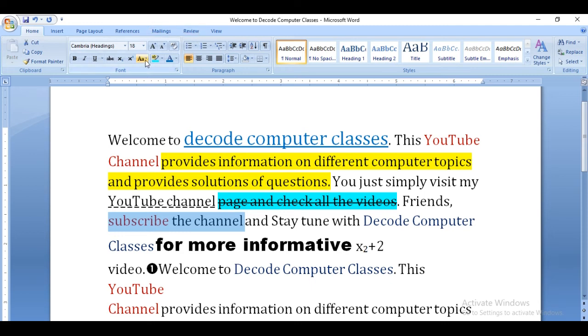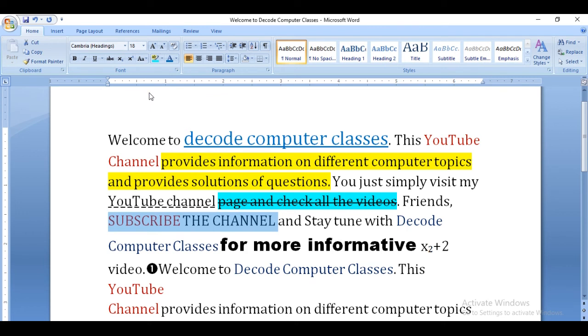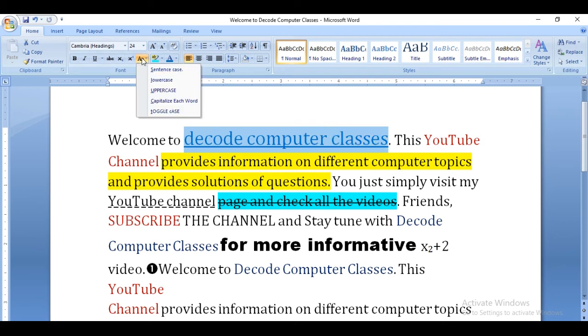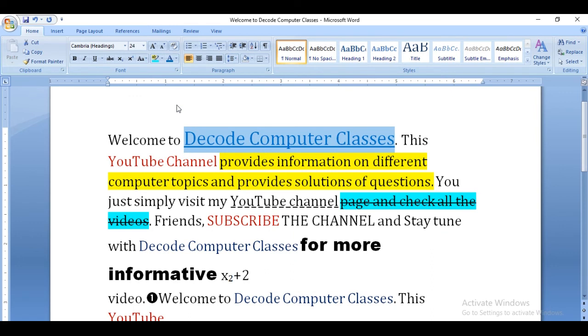Now move on to the next option, uppercase. Obviously, every letter you selected, every text you selected, will be converted into capitals. Now move on to the next option, capitalize each word. Let me select this one and see what happens. As you can see, the first letter of each word is capitalized.